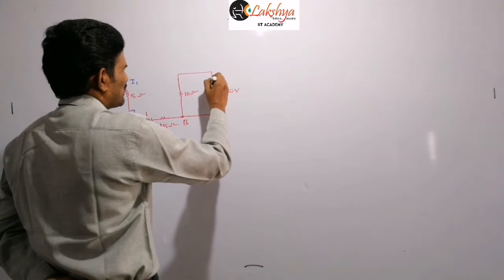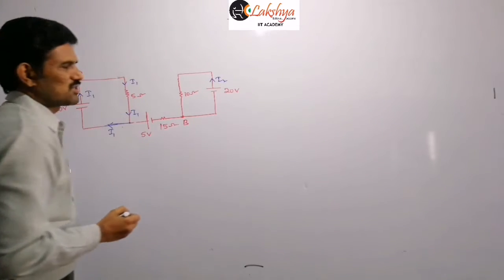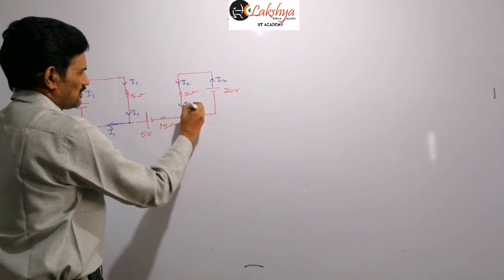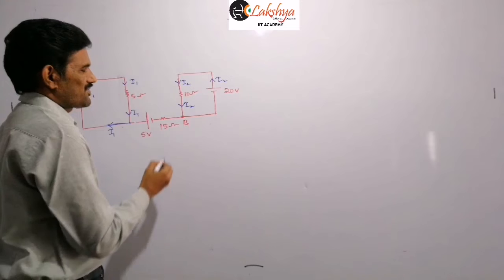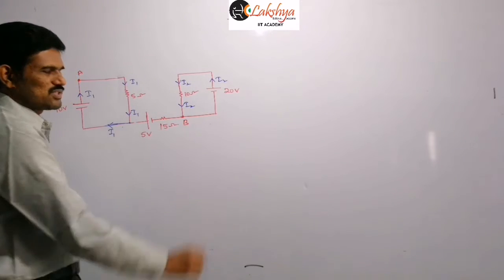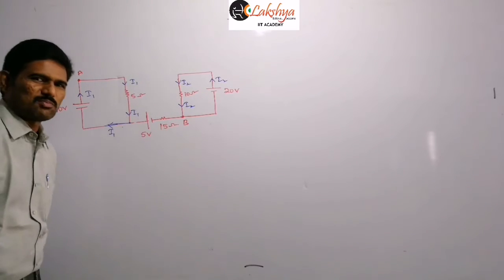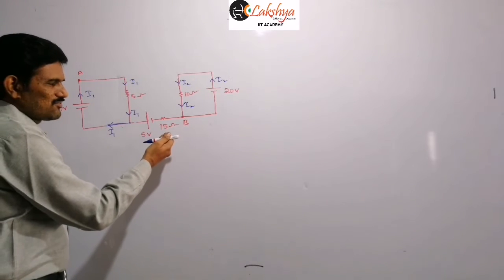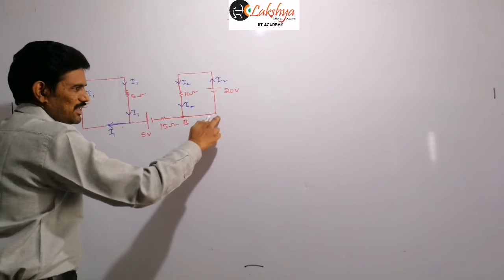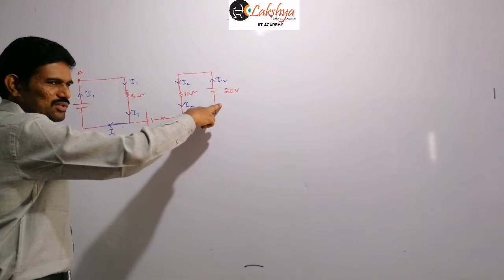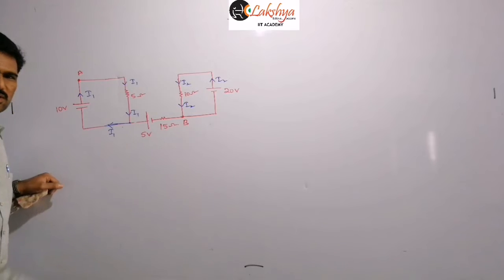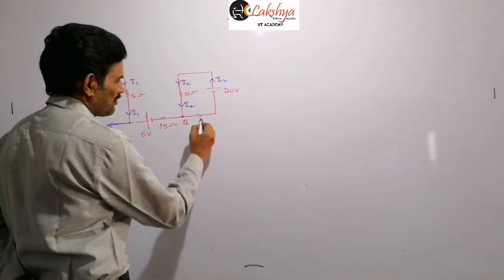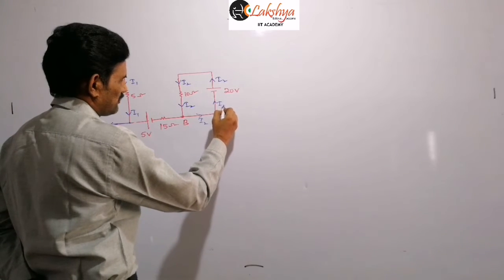Similarly, the current I2 is flowing out of the positive terminal of this battery here, and so this I2 comes out like this to this resistance. Now similarly, is there any division of current at junction B? Absolutely not, for the same reason. If any current divides here, then the current flowing in this direction will be less than I2, which is not possible. That means the current entering and leaving that cell would be different, which is not possible. So here also the same amount of current I2 should flow like this.